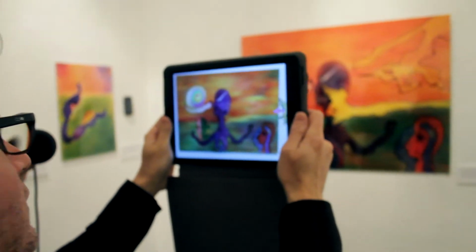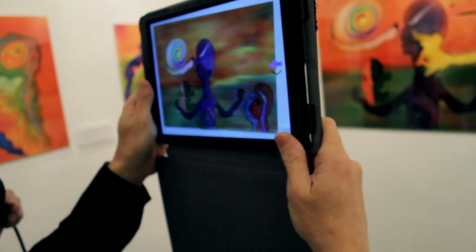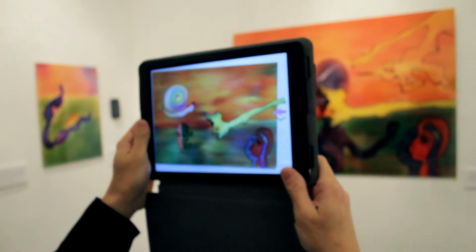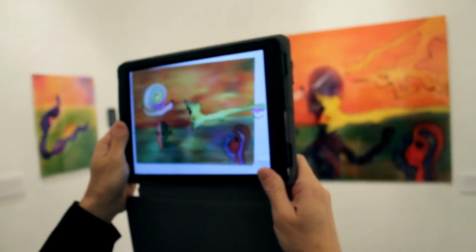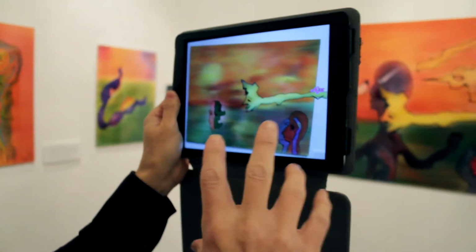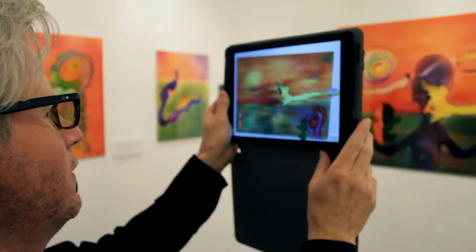This is called Permission to Enter, and this is really about the feeling of being bombarded with information or just all sorts of things. Facebook messages, voicemails, text messages, all that stuff. This piece is really about finding the space within that bombardment to feel your feelings. So if I tap on these masks,